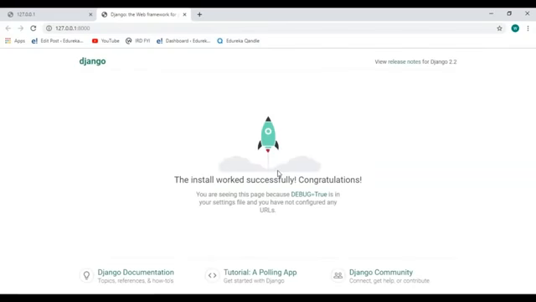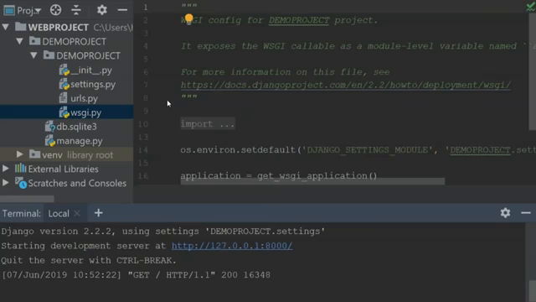So when you click on that address, you will see a screen with a rocket which is ready to take off. So congratulations guys, your rocket is ready to move on, which means you're all set to create your own websites. I know that after this, everyone would be excited to create their own websites. To do so, I'll just get back to my PyCharm and show you guys what exactly you must do to create your own websites.